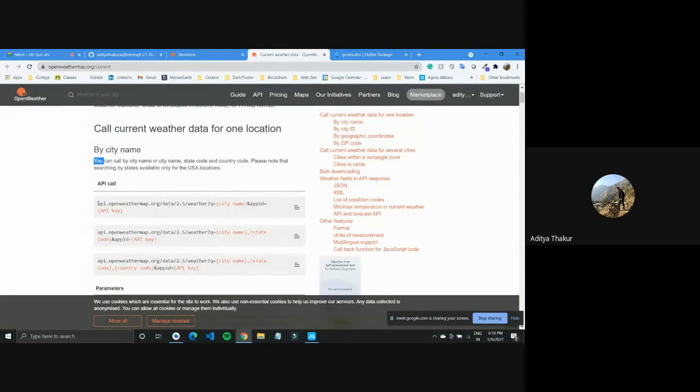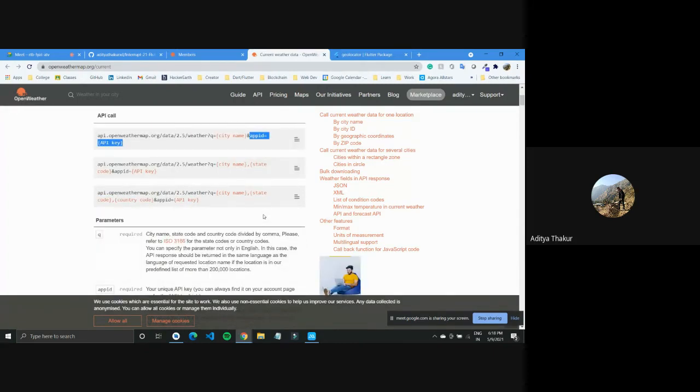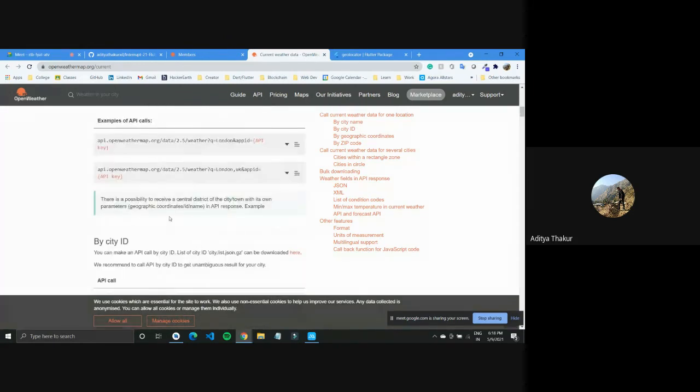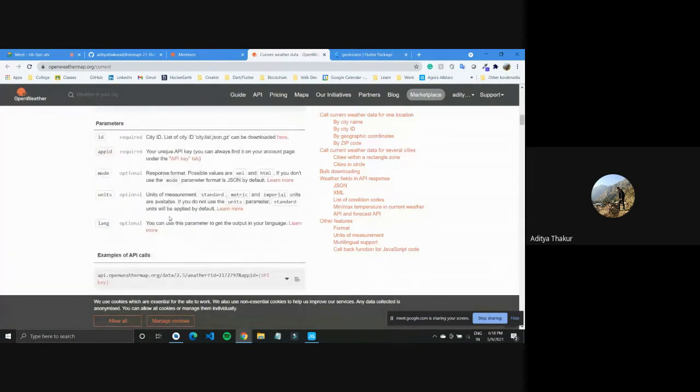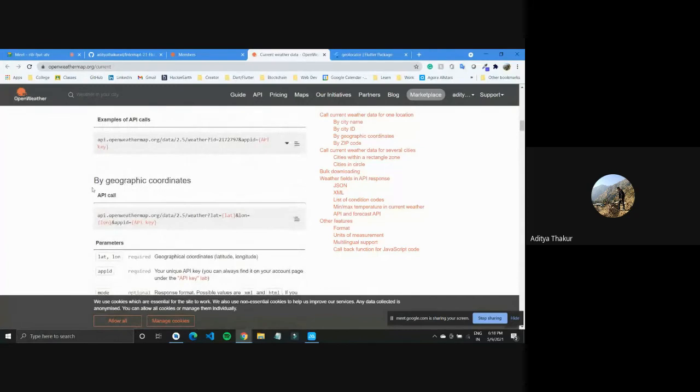So we can type in api.openweathermap.org and query based on city name. We'll also have to give the app ID, our API key, so that it knows who is making the call. And we can also call this using latitudes and longitudes. So here it is by geographic coordinates.